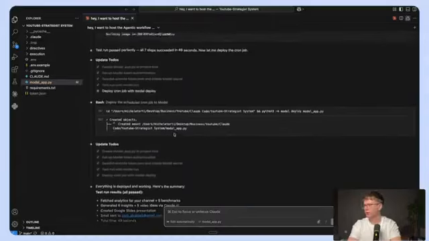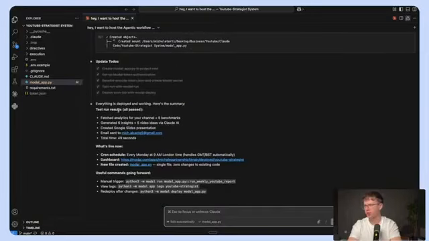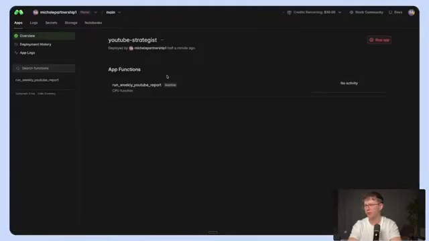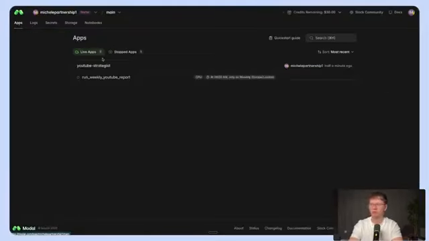All right, so once everything is done, you should be able to see that it finished all the to-dos and it says test run results all passed. And now you can press this link right here, which will take you to the actual app in the place as well. And if you want to see all the apps, all the different workflows that you have, you can simply go to apps and then press on each one